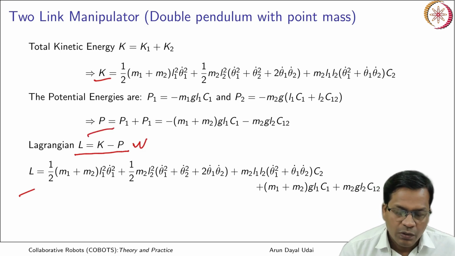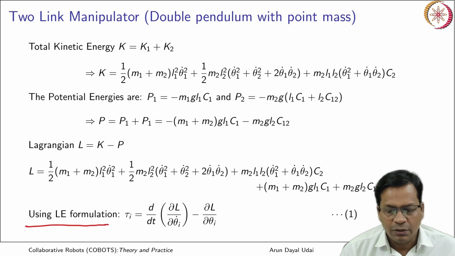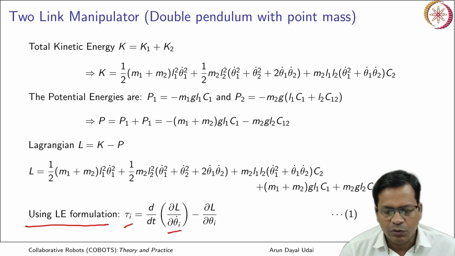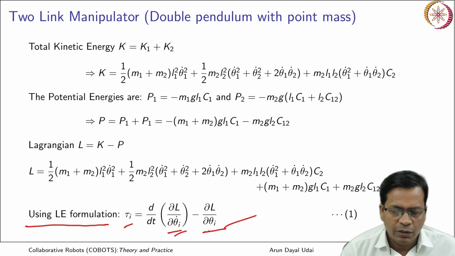Okay. So now I'll use this, that is the Lagrange-Euler formulation. It is defined as tau here because both of the joints are revolute joints. So it will be tau, and the joint angle will be the joint angular displacement. So that is theta 1 dot and theta 1. Similarly for the second one it will be theta 2 dot and theta 2 here. Okay, and tau 1 and tau 2 are the joint torques. So independently for both the joints we will have to use this one.